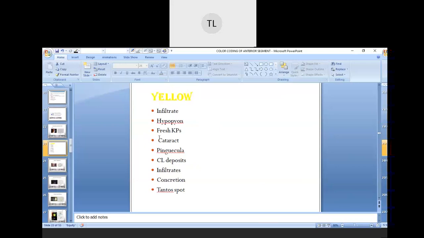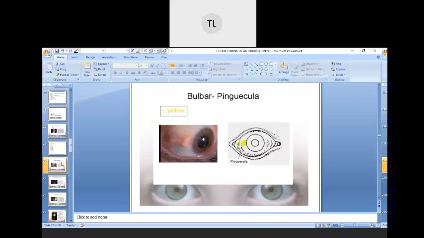Let's discuss it one by one. The first thing we have is the pinguecula. Like you all know, it occurs at the bulbar part of your conjunctiva. This is how it's going to look. Basically, the pinguecula is a growth that usually occurs in the bulbar conjunctiva, mostly toward the nasal side. For drawing purposes we need to denote it with a yellow color. Just remember, this is how it looks under the slit lamp, and this is how you are going to draw it in your copy.